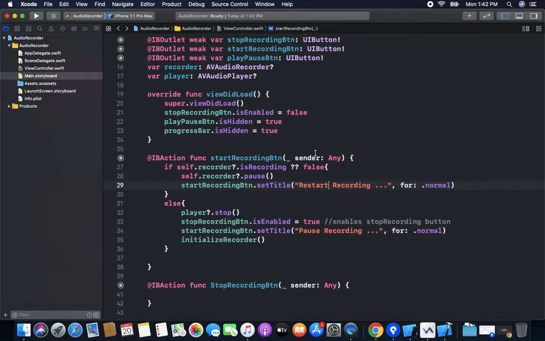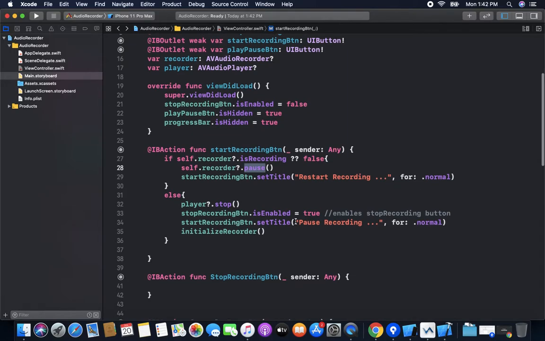So what we are doing here, firstly we check if the recorder is recording. If the recorder is recording, it means we want to pause the recording. So we just pause and set the title as restart recording. There will be other things, like if a user starts recording for the first time.